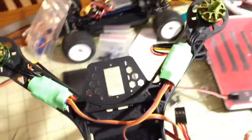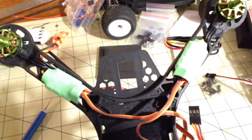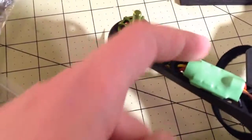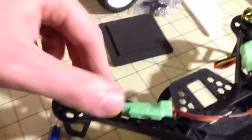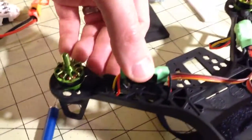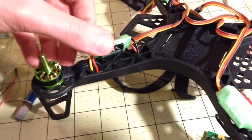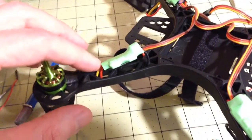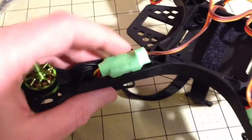Let's see if I can, yeah. So you can see they run down underneath the board very easily. And then the motor wires I brought up along one side, and they drop down along the right hand side in this hole. Let's see if I can lift that up a little bit. There we go. You can see the speed controller wires drop down on the left side, the motor wires drop down on the right side, and then underneath